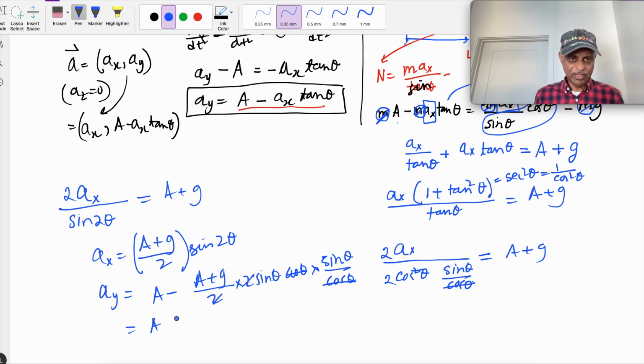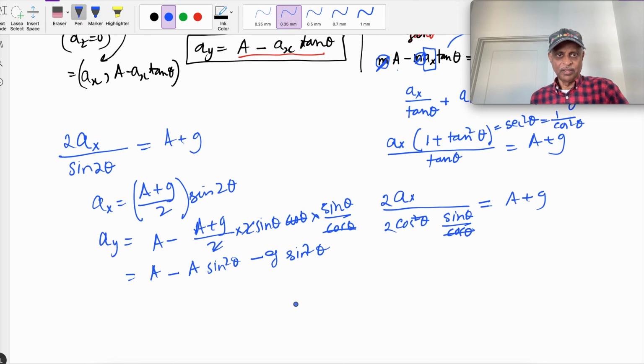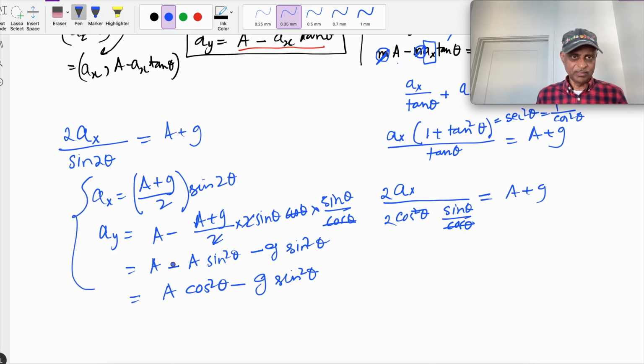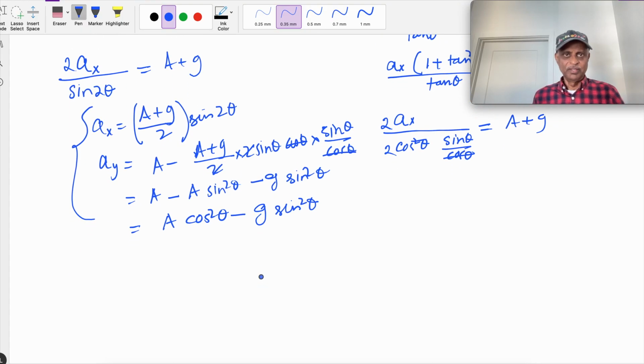So this is a minus a sine square theta minus g sine square theta. And so this becomes a cosine square theta minus g sine square theta. So this is ax and ay. Those are components. So we actually solved the problem, but let's see,